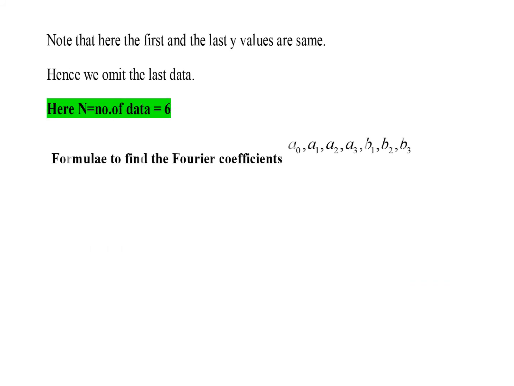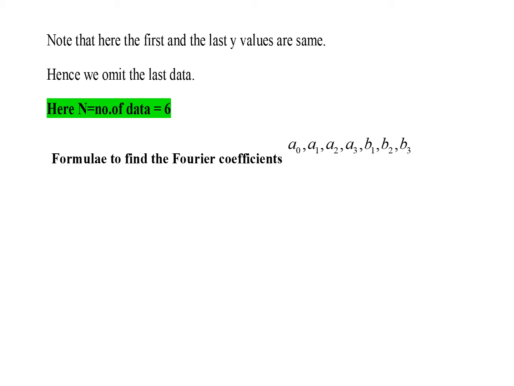And the first thing before starting a harmonic analysis problem, you have to observe the first and the last value of y. So in this problem, if you observe the table they have given, the first value of y and the last value of y are the same. It's repeated. So when you have such a situation, kindly omit the last data. Please do remember to do this checking, otherwise the entire problem will become wrong. And what is capital N here? After cutting the last data, you have only 6 data. So capital N is 6.